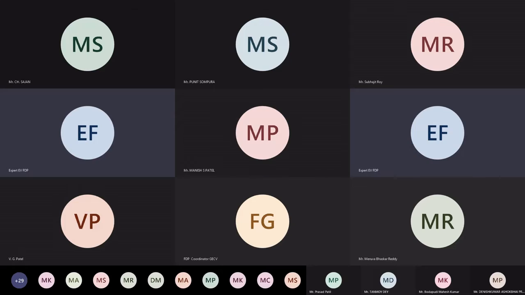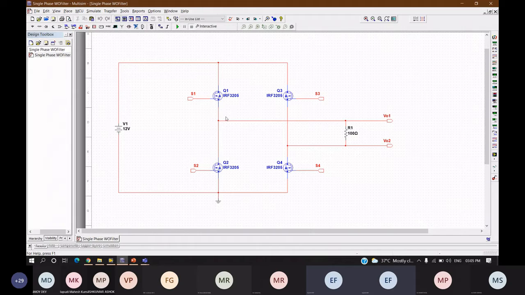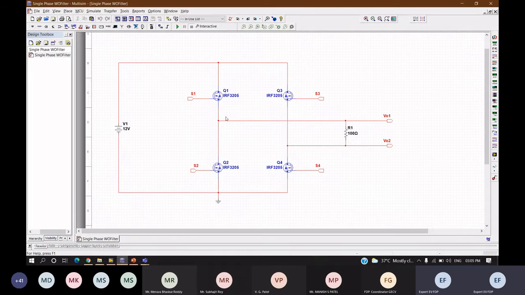So to do this, we are moving to a LabVIEW part. Okay. So we know this circuit, right? It's a DC to AC inverter circuit, and the input we need to provide to this circuit is a trigger for our MOSFET. So we have to just provide a gate pulse for our MOSFET so that our DC power will be converted into AC as per the input which we provide to our gate terminal.